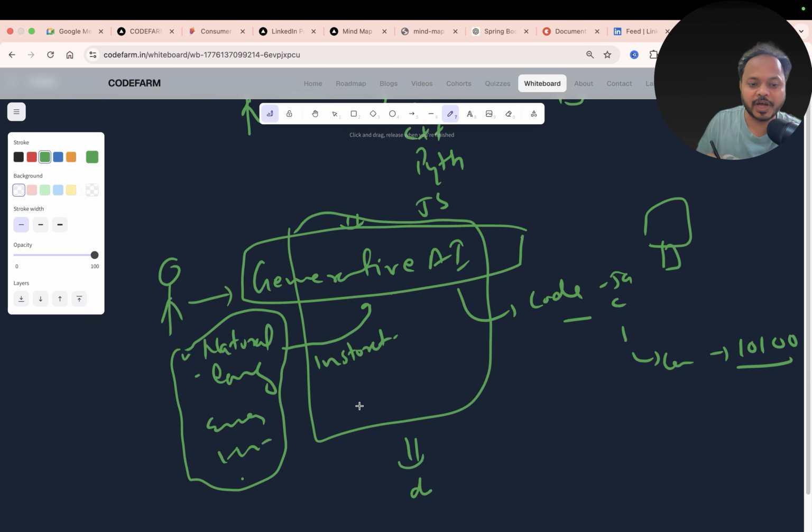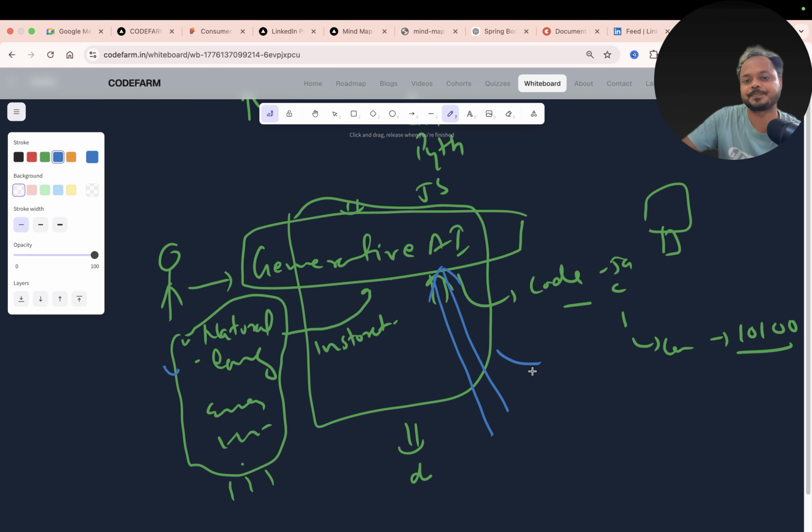Then the only thing is that I can focus on my natural language to frame my problem statement, to draw that, how I can draw that in the text, in the diagram, in the video, in the audio, how I can explain it in a much better way so that these models can understand it. So the entire focus can now shift to this ecosystem, to optimize this one, to have a better understanding of the natural language and generate the code in here.